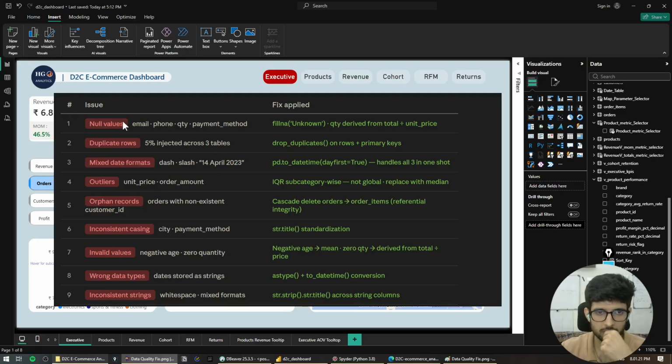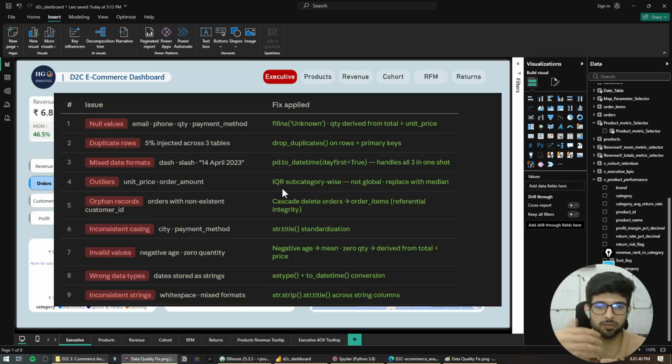So this is what I have done to clean my data. For the null values, I have filled them with unknown. For the duplicate rows, I have dropped the duplicates. For mixed date formats, I have standardized the date format. And for outliers, I have used the IQR method subcategory wise, not globally, because the price